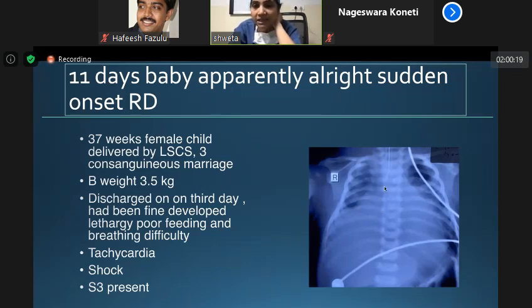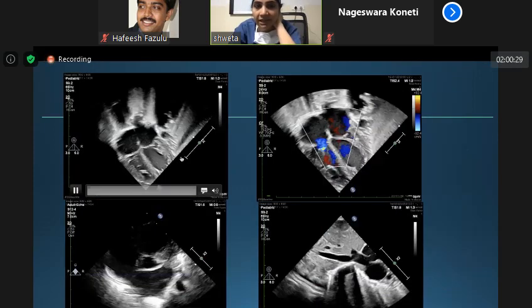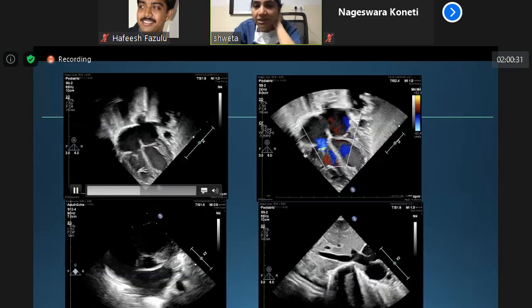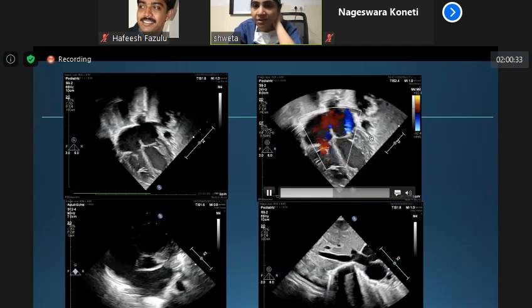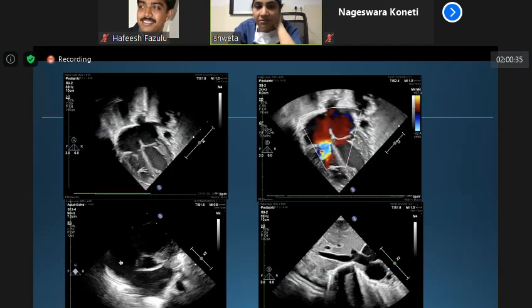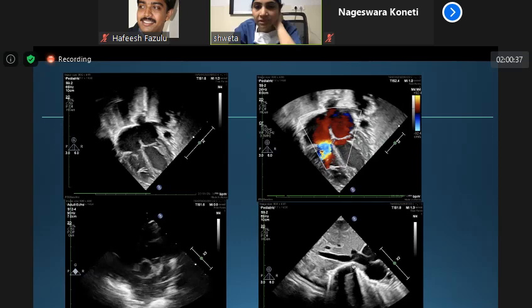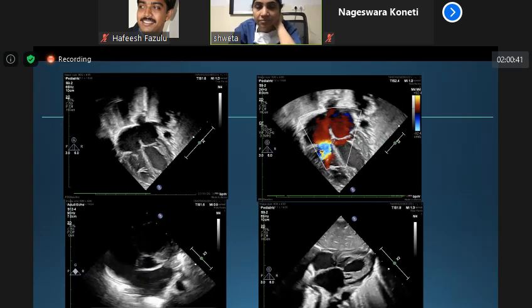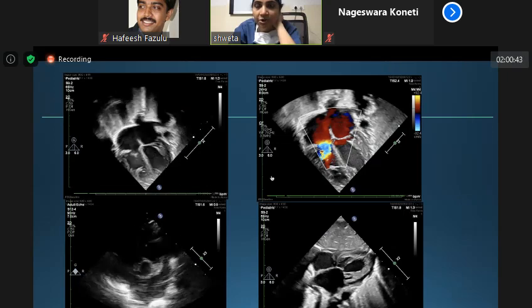You can see the X-ray, there is massive cardiomegaly, there is bilateral effusion, child is intubated. Very small lung shadow is seen because of the pulmonary edema. And look at the echo, severely depressed ventricular function. There is severe MR, severe TR. IVC is congested. So tell me, how would you like to proceed with this?